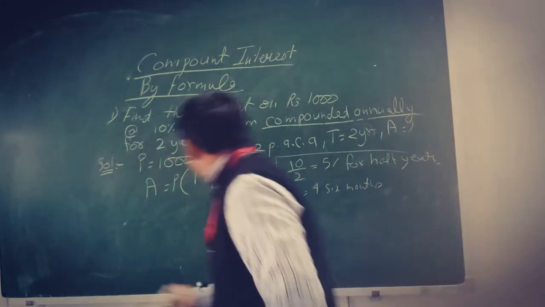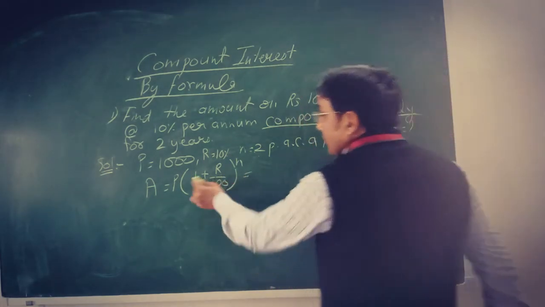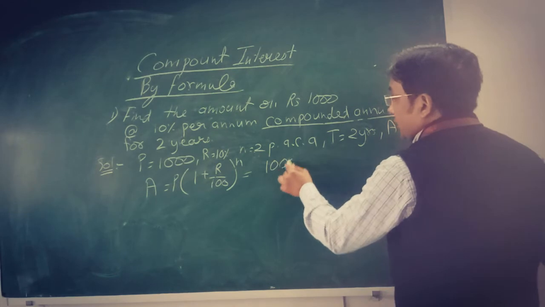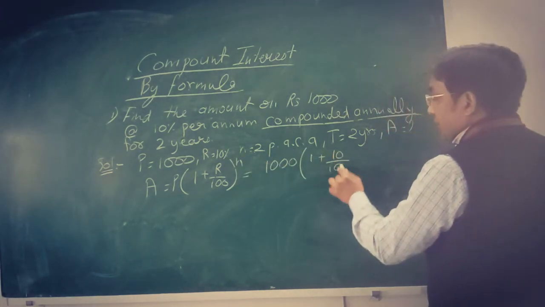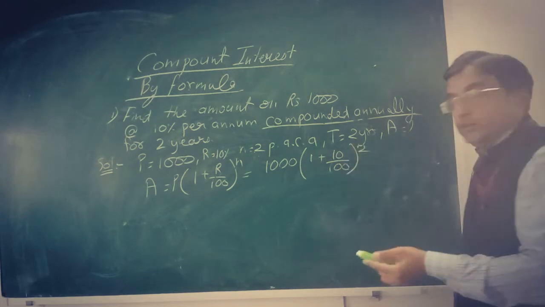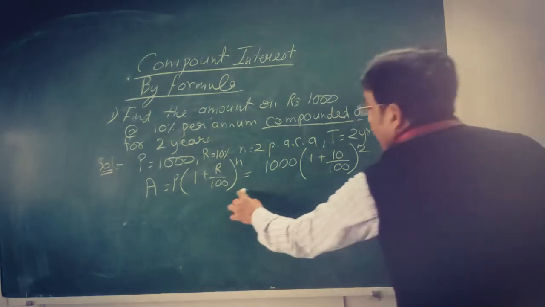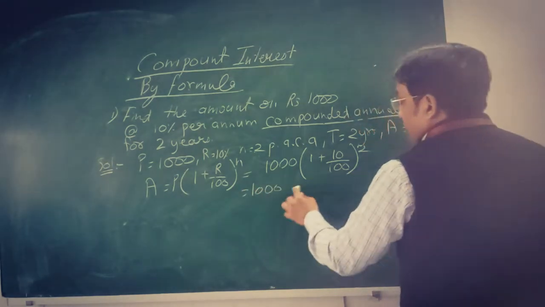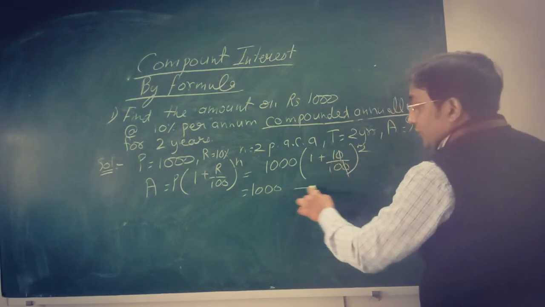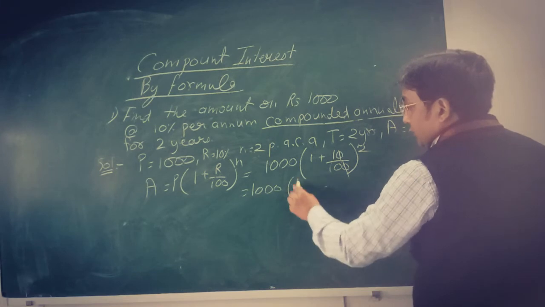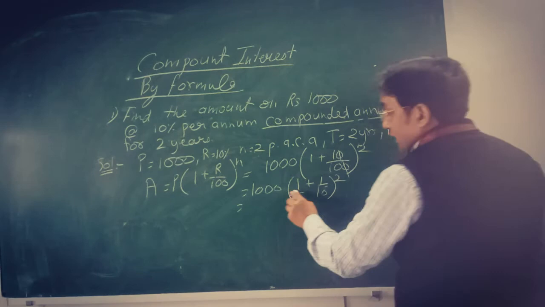Okay. Now let us solve this question that we have taken. P will be 1000. 1 plus R is 10% on 100, and is 2. Okay. After that, you can solve it. I'll tell you how to solve this. 1000, 0 cancel. Now this is 1 upon 10. We will take the 1 upon 10. This 1 by 10, base to form, you can write 1.